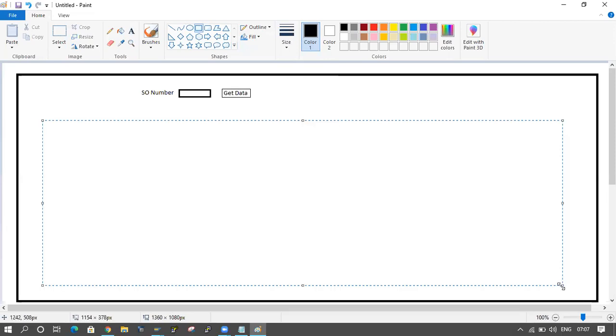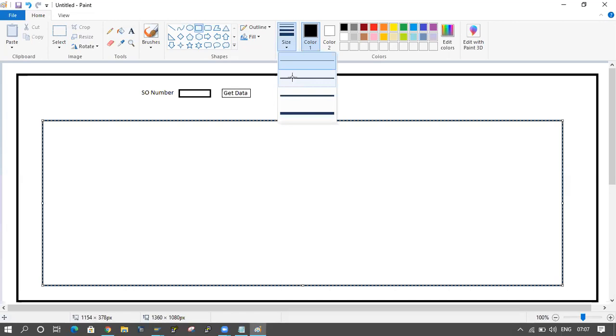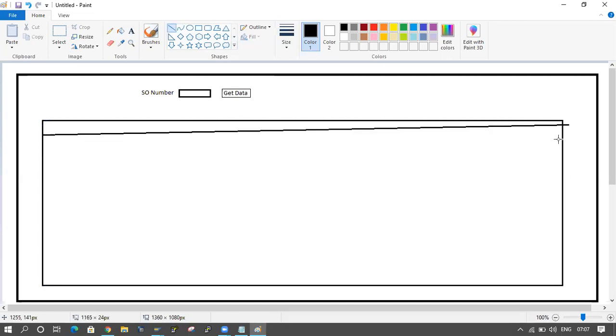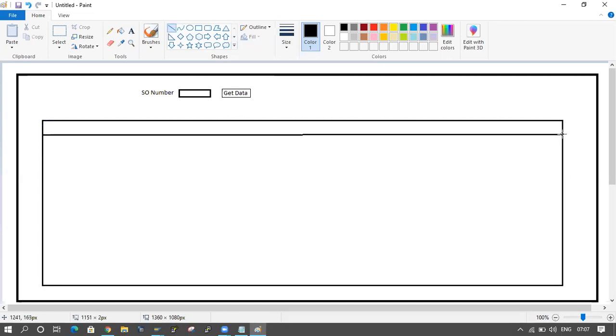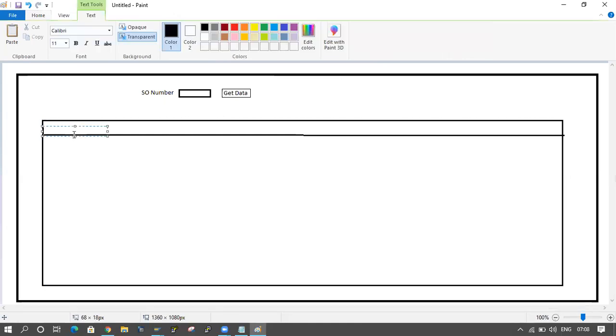Okay, tab strip. So once you create the tab strip, by default it will display two tabs here. Okay, it will display two tabs. So first one is, I'm giving here something, header information. Header.